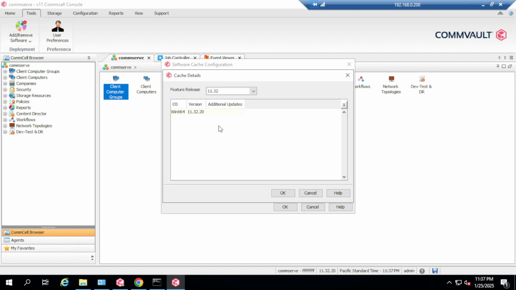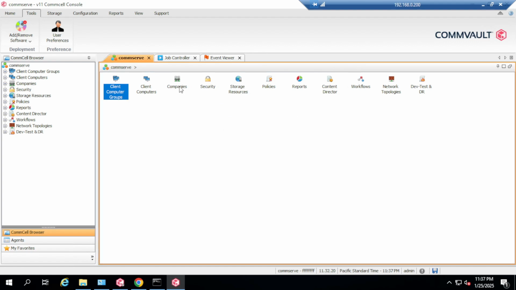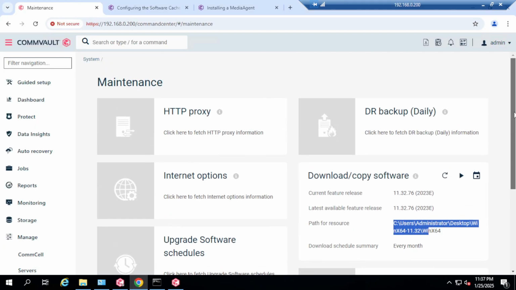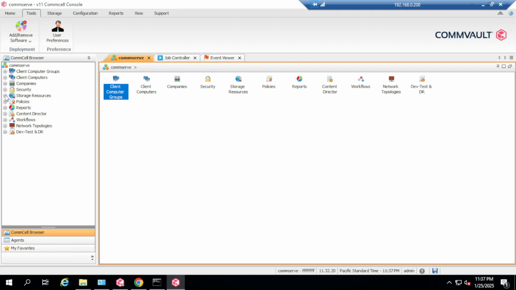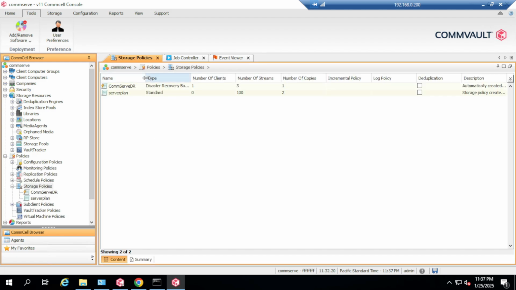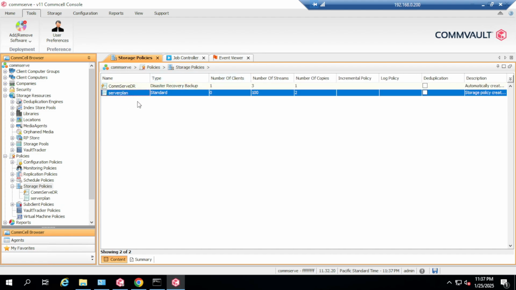So what is the purpose of this? Because we have a base package already in the CommServe cache, now we can push the packages onto the clients or media agents. Okay, let's see how we can install the media agent directly from the CommServe. But before you go into that, you need to see one more thing. If you go to the policies and see the storage policy, there is another plan created, the server plan we created at the time of the Command Center